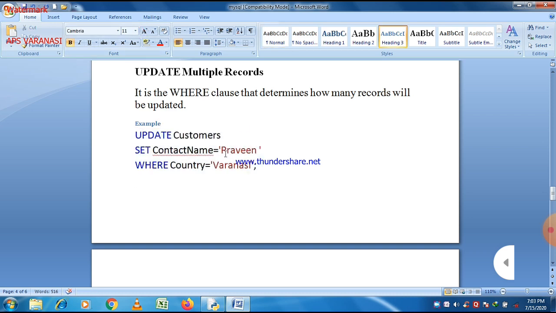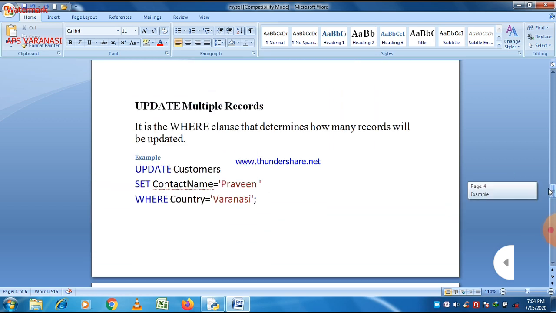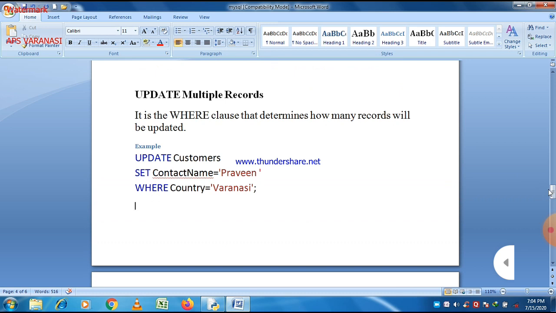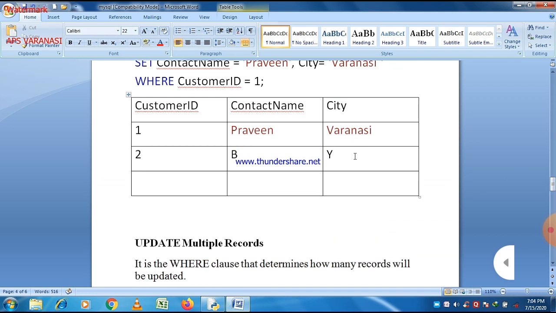Always remember that SET is used with the UPDATE TABLE command only. So SET contact name equal to Praveen, WHERE country is equal to Varanasi. Varanasi is not a country, but it doesn't affect our SQL result. So where country is equal to Varanasi, the data will be changed. Just write country in place of city, and you will be able to understand this concept.